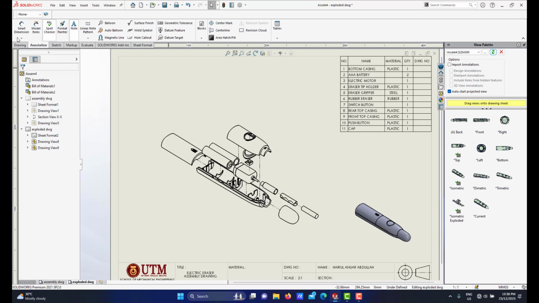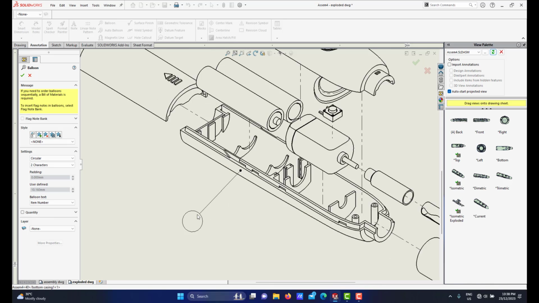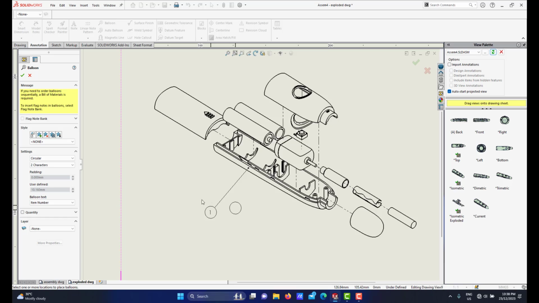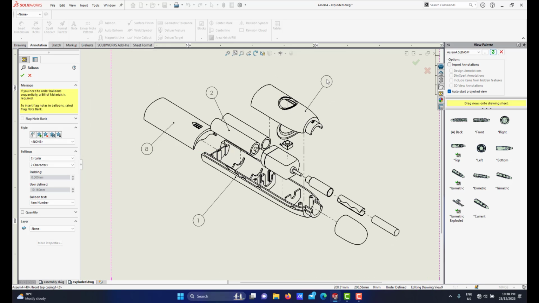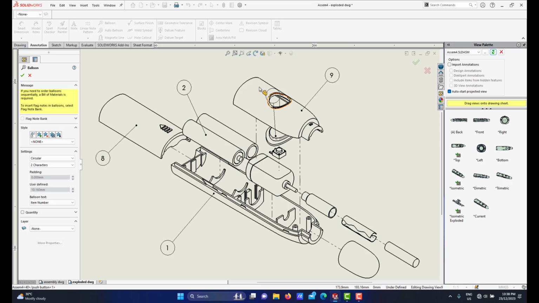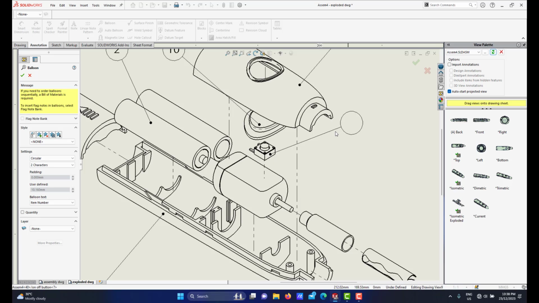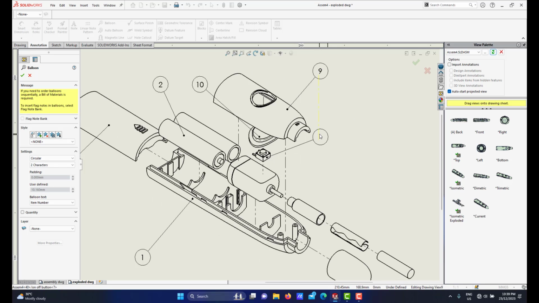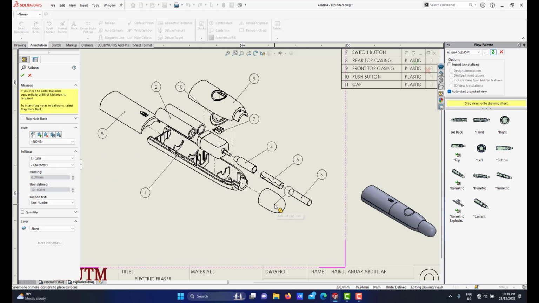To do the balloons, I go under annotation here. We have balloon, so I will do the labeling as I've shown you before in the assembly drawing. So this will be number 1. The battery will be number 2. This is number 8. Top casing is number 9. And we have the button here. Make sure the leader goes in line, which is much better in terms of neatness. And we have a switch here. Make sure that you label all the parts. And we have the holder like this. This is the gripper, the eraser, the cap,